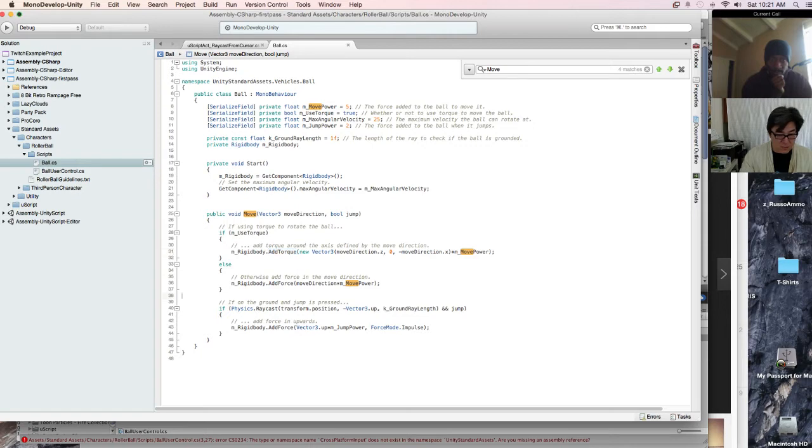Let's see, force in the move direction. Move power is used again as a multiplier. So we're going to add force in this direction multiplied by move power. Okay. Ground ray length. Okay, jump. We have a jump we can use, and it's going to add force in the upward direction. Okay, this is our ball